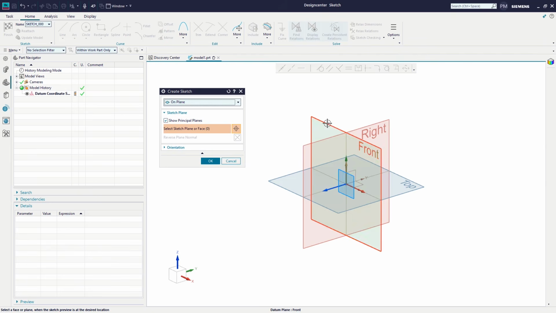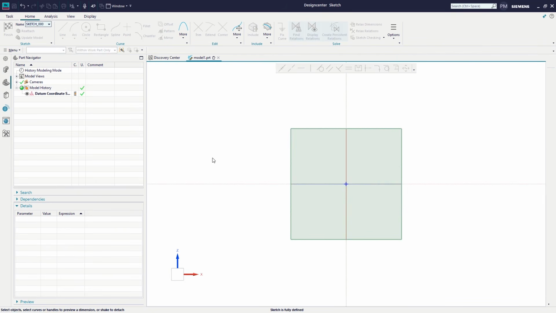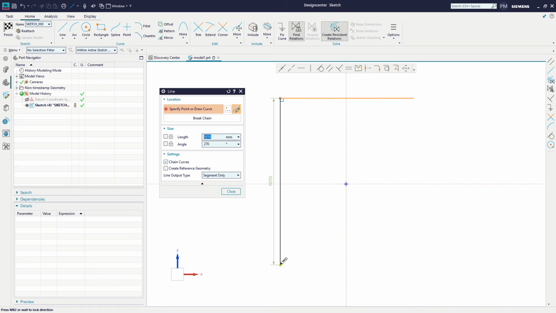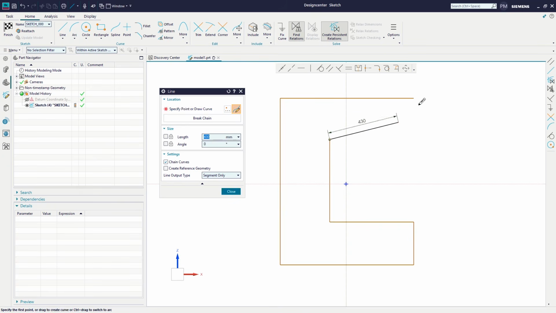So now, let's take what we've learned, and maybe a new tip or two, and apply it to creating the sketch that will be the base for the C-clamp. I'll create a sketch on the front plane again, and start creating lines, starting with the upper horizontal. Now I snap a vertical perpendicular to that. I'm going to line the bottom one to the top, snap that, snap a perpendicular, another perpendicular, and a third